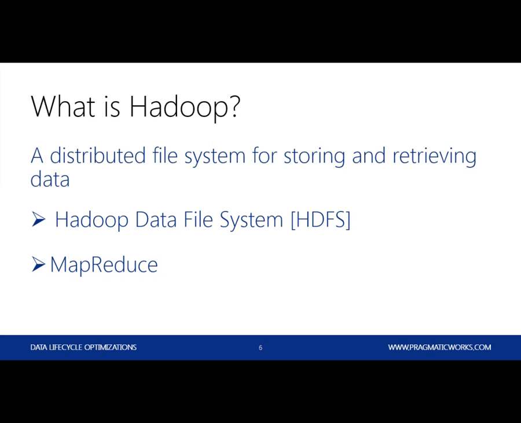So MapReduce is used because once you have the data stored, it's important to get it back out, which is what MapReduce is designed to do. MapReduce is a batch process, which means you've got to write some code to get the data out. The code is written most often in Java, although Microsoft does have an implementation in HDInsight where you can write C# code instead. But one thing that Hadoop was not designed to do